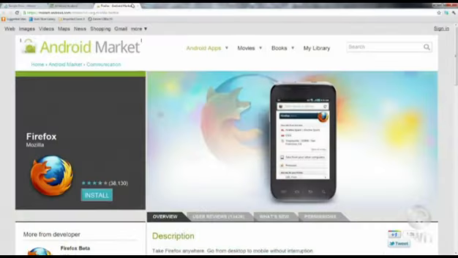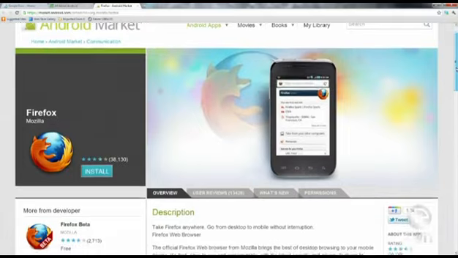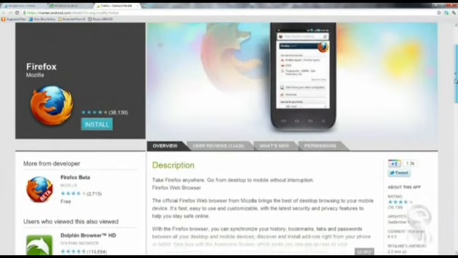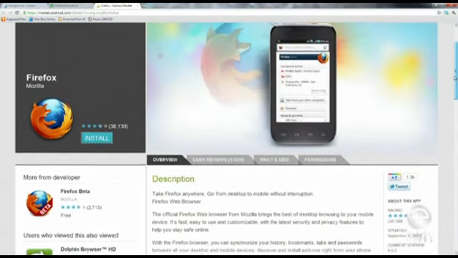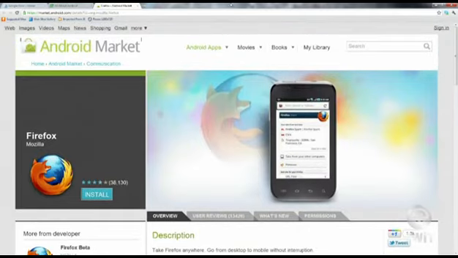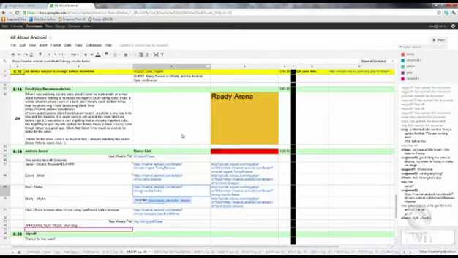Mozilla has done a lot to make the Firefox mobile version really work in sync with your desktop version, and I think that's one of the biggest advantages, but that only applies to Firefox users. I use Chrome, so it wasn't much of an attractive feature for me, but I recognize the value of it. You can sync all of your bookmarks and your history and your custom list of search engines and all that sort of stuff. All your specs from your desktop browser can get immediately synchronized to your phone, to your Firefox installation,